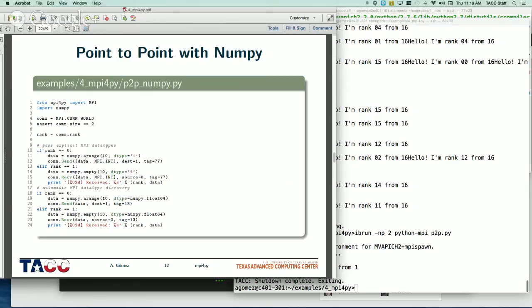So here we're going to send. It's the same example that we had before. One process is going to send, and the other one is going to receive. But we are just sending NumPy arrays now. So again, we will have to use ibrun with size 2, the -n 2. So the sender, rank 0, creates an array